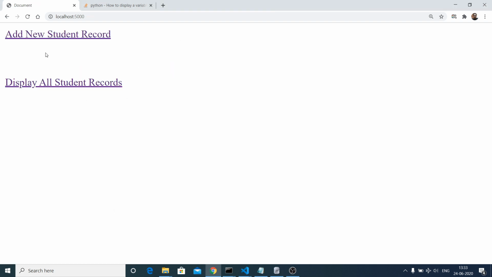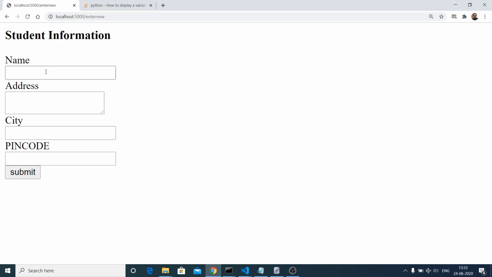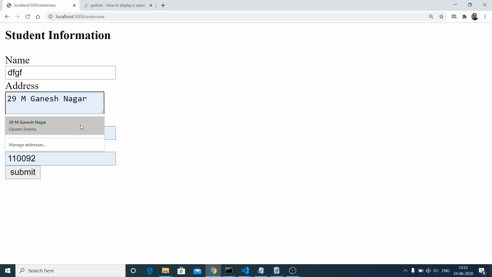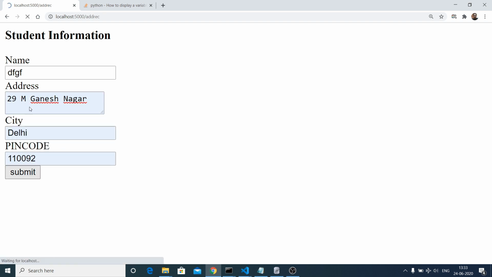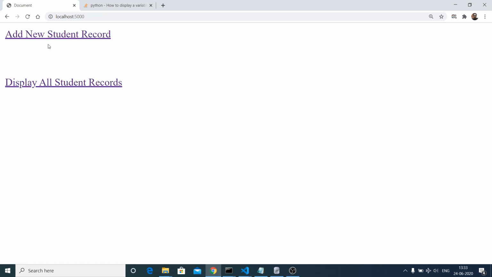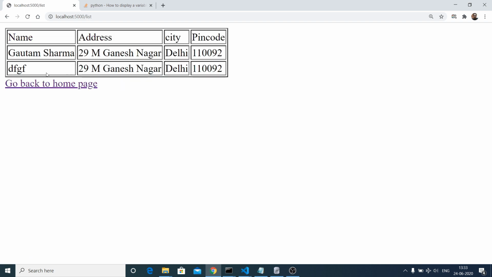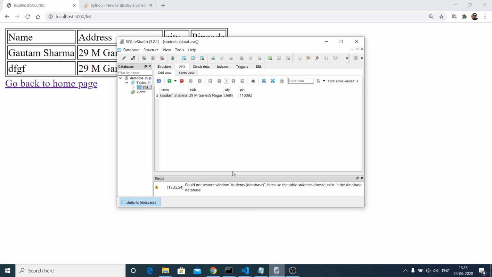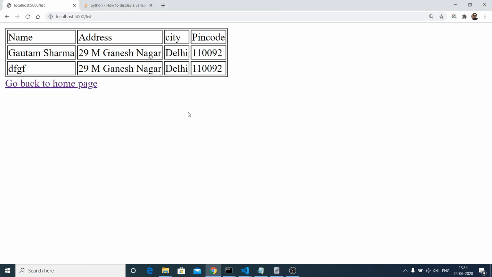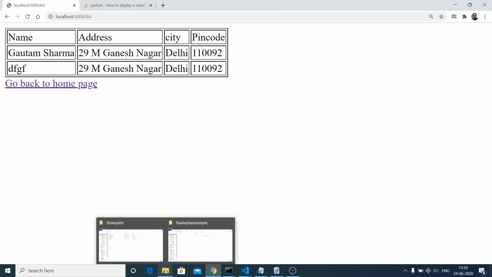And if I want to add some other record, let's suppose with an address, I click on submit. Now if I display it, you will see that two entries have been added. If I refresh it here, you will see that the changes have taken place. So this is the simplest application that we will be building in Flask and SQLite, a simple kind of REST API. So let's get started.